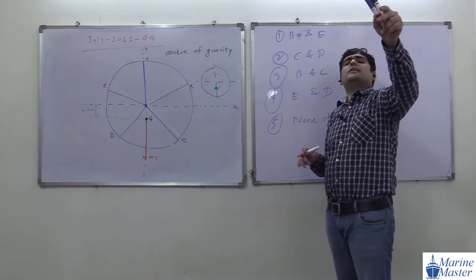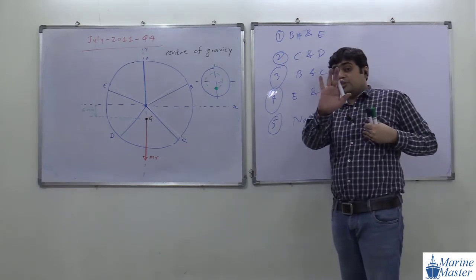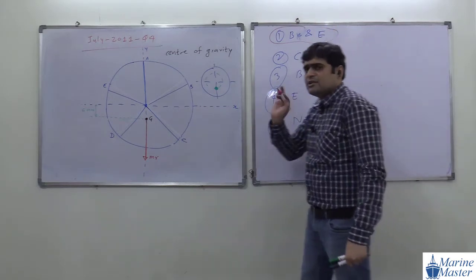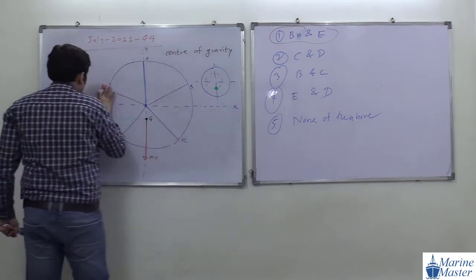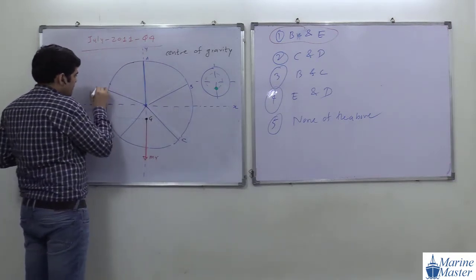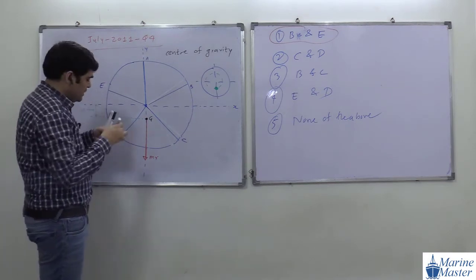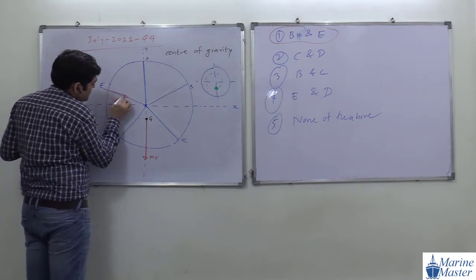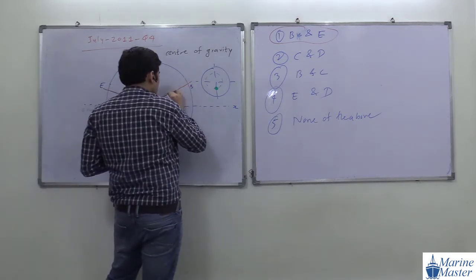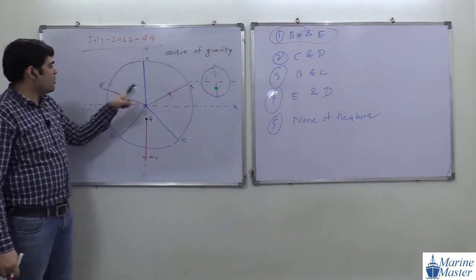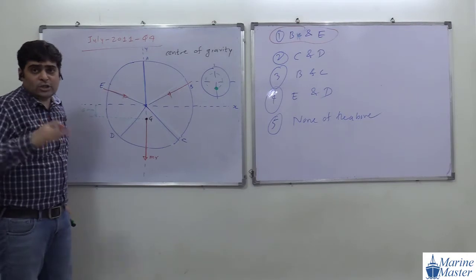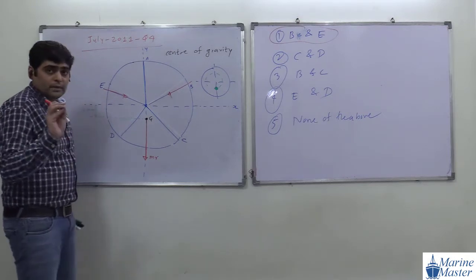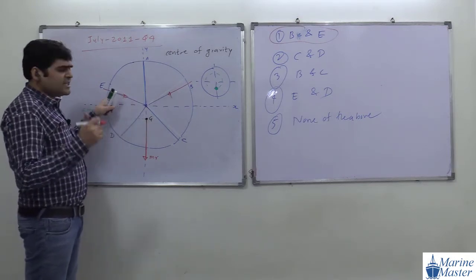Just assume that option 1 is correct. We don't know, I am just assuming. If option 1, B and E, is correct, and you remove material from these veins, see the point. If you remove material from this vein, the centrifugal force will act like this. Just assume that it is not the final answer. I will not say whether it is correct or wrong. We are just assuming that we are removing material.